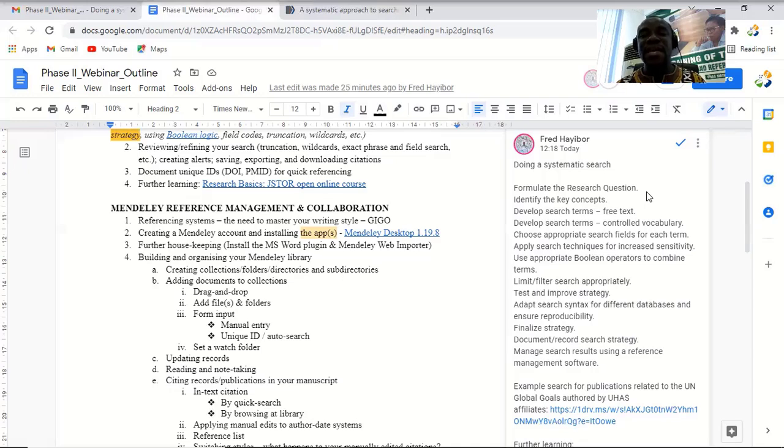So you may be expressing a certain idea, all right, which is fine in your natural language, but in a particular discipline, that same terminology will be expressed perhaps differently using a more technical word or jargon. So that is what control vocabulary or the thesaurus of a particular database or discipline helps us to achieve, to identify what the technical or more discipline-specific terminologies are for the concepts that we are trying to express in our ordinary everyday language. All right. So that helps to build a very solid query with a lot of synonyms that will help us to capture as much